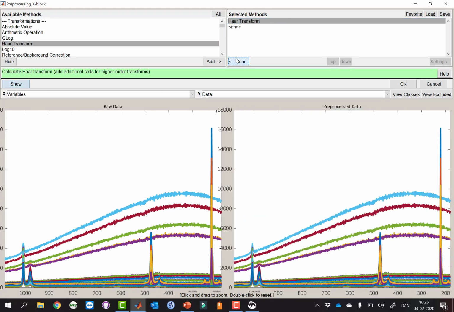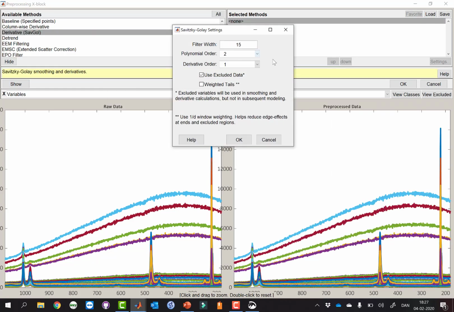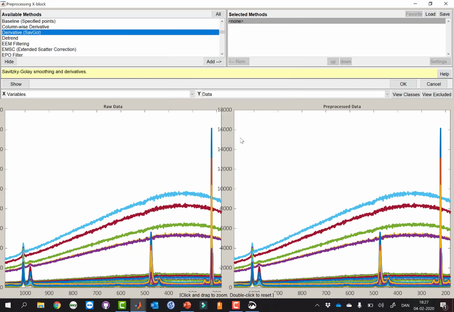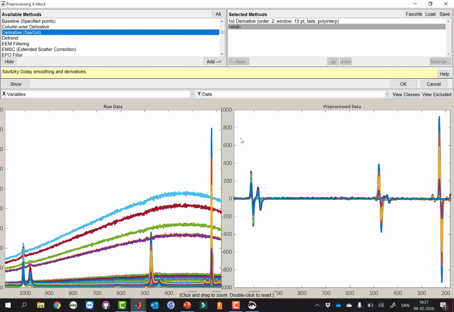I want a derivative. Maybe a first derivative is actually enough, because locally this baseline is sort of linear. Let's see. Yeah, that's actually pretty impressive. So the first derivative basically eliminates all the baseline and leaves the information about the chemical peaks. And now we can go on and do data analysis.